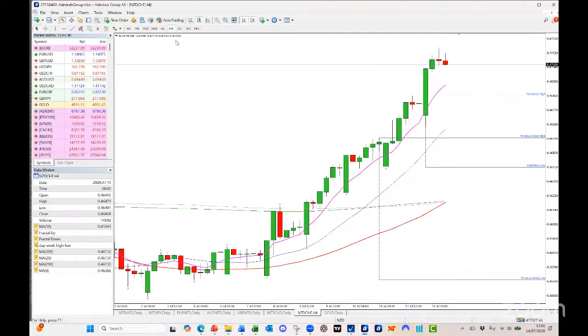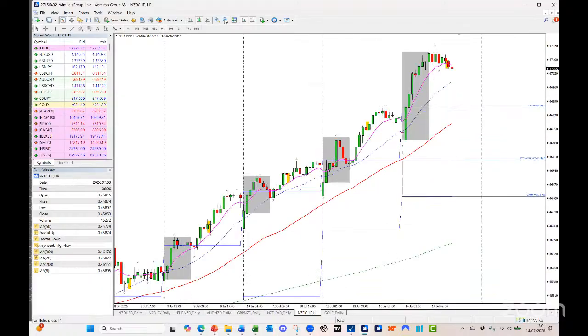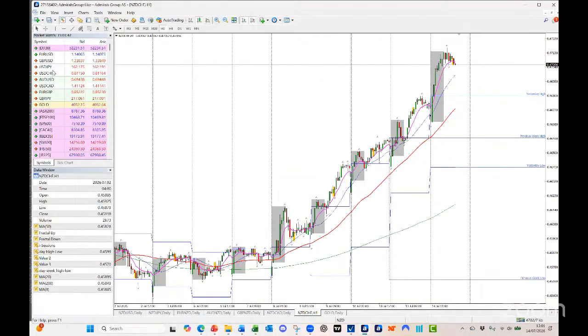The frustrating thing for me is I was hoping to get in earlier, on kind of lower time frames. But if you look at this, most of the moves here on Kiwi Swiss have happened at the start of the Asian session. You can see how most of them have basically just happened then. That's what's been going on there.